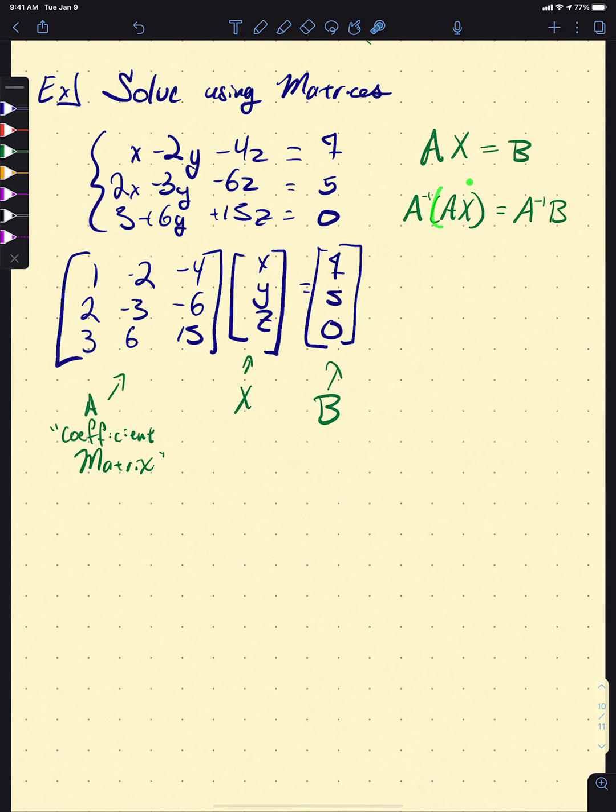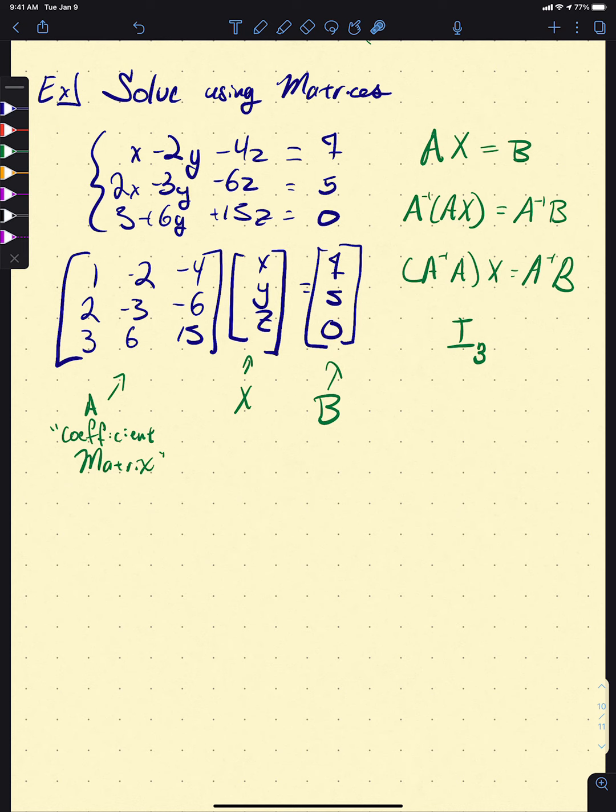And remember, we're going to get these parentheses. But one of the nice things about matrix multiplication is that even though it's not commutative, we can't multiply A on either side. It has to be multiplied here on the left. We can reassociate. We can change this into A inverse A times x equals A inverse B. But if you remember, A inverse times A is our identity, right? In this case, this is the 3 by 3 identity because we're talking about this